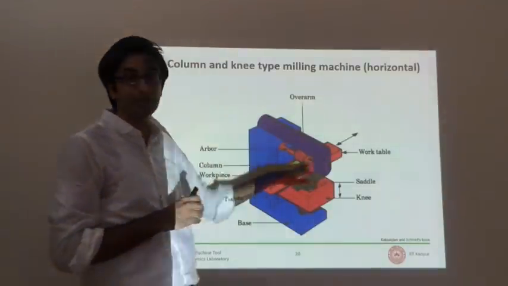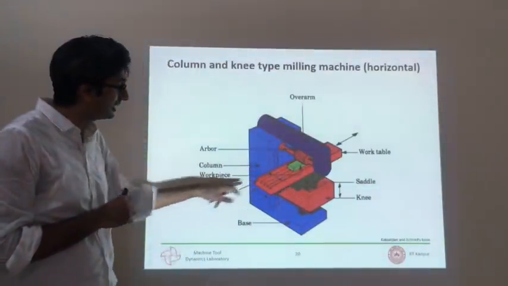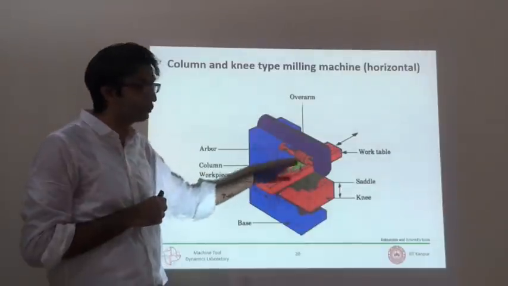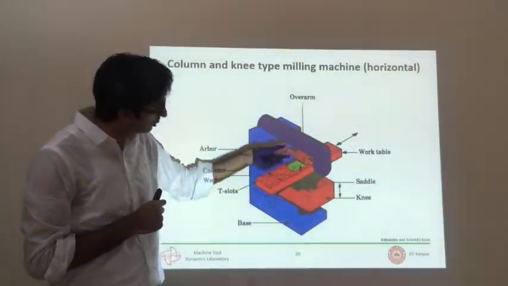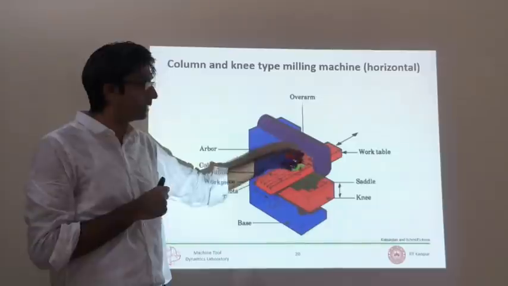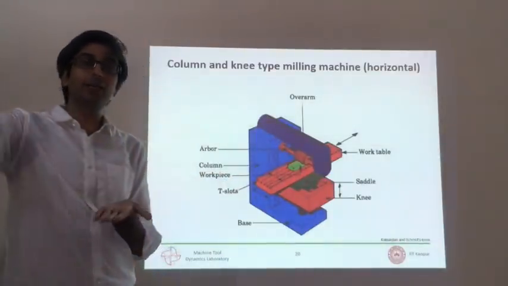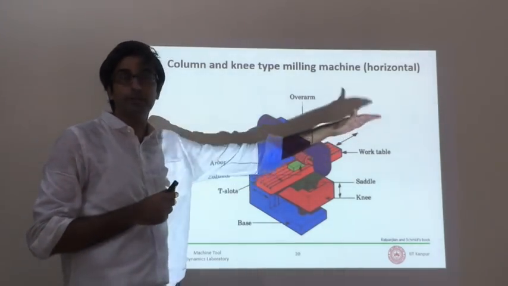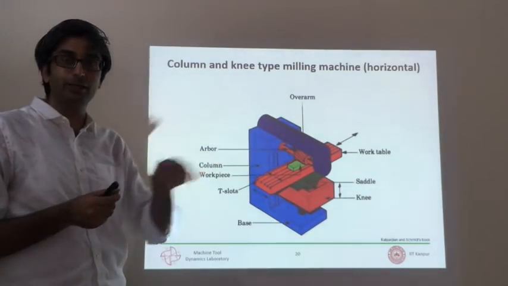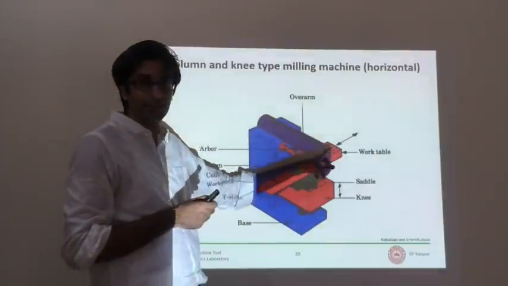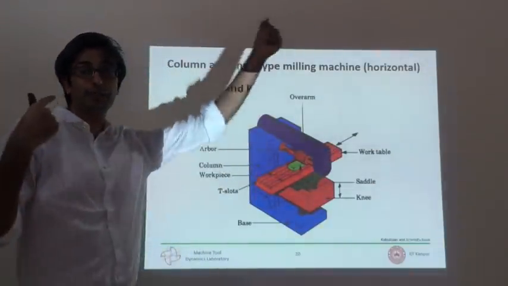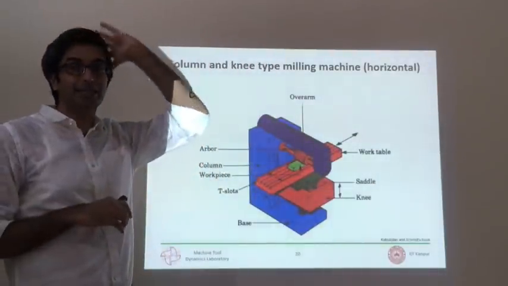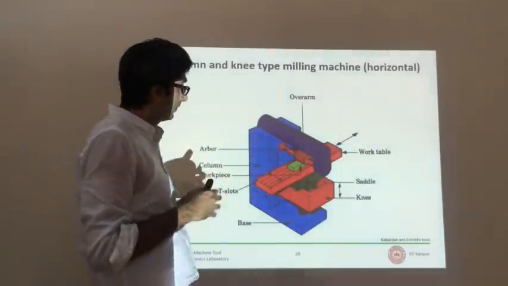for flat surfaces. In this case we have a workpiece kept on a table, and I would like to reduce the thickness of that workpiece. So what I do is mill. I am creating another flat surface on that workpiece. I can also create free-form surfaces. If I like, I can have a sinusoidal surface on this profile, and that's possible in milling. It's not possible in turning, it's not possible in drilling. So milling allows you to do that.